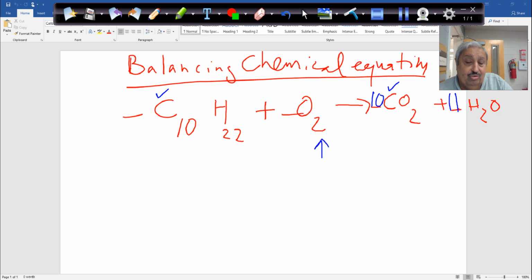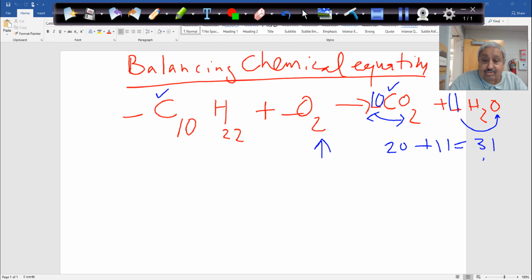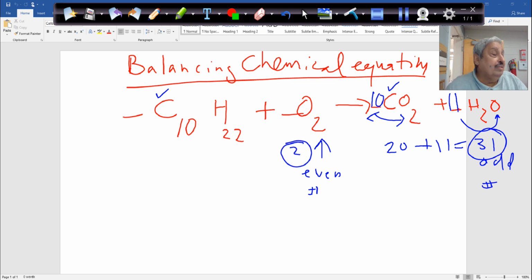Oxygen by itself here is 2, correct? How much is here? Oxygen is 20 here. And here is 11. So how much is it? 31. Well, I have 2 here, so this is an even number, and this is an odd number. When I have an even number and an odd number, 2 is even, and the 31 is